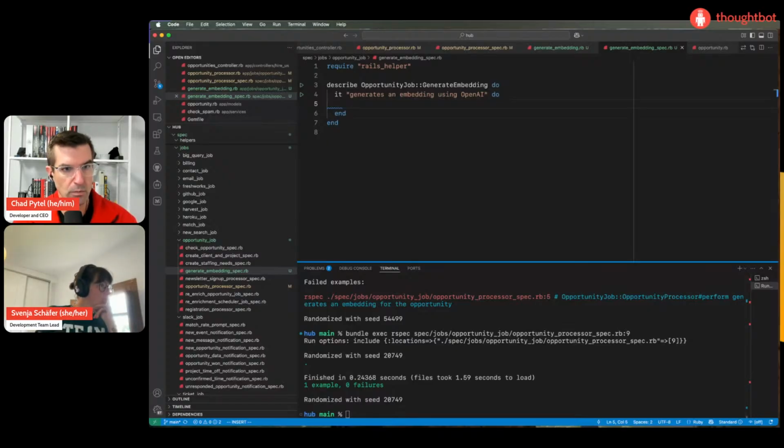Okay, so when we call generate opportunity job, generate embedding,